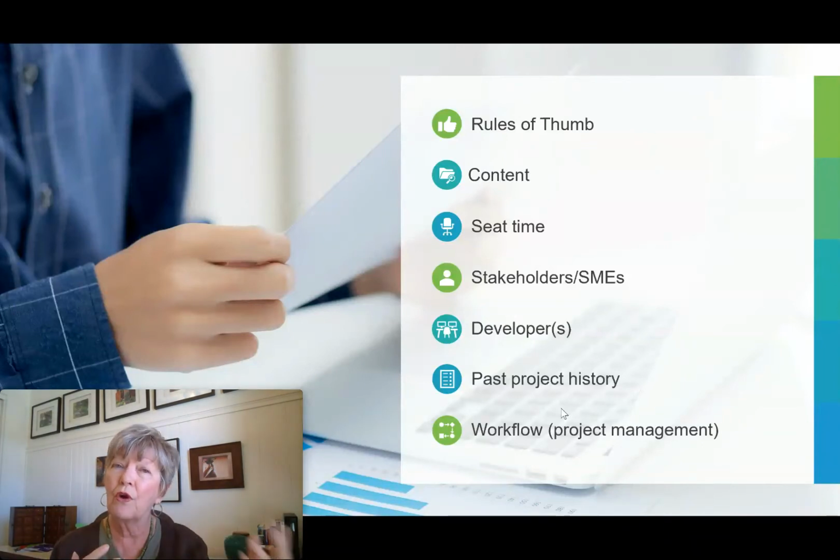If you know that there are going to be lots of executives who want to be involved in the project and have their own viewpoint and perspective, that may take more of your design and development time. So these folks impact how much, and you need to be able to estimate what you think that will take.